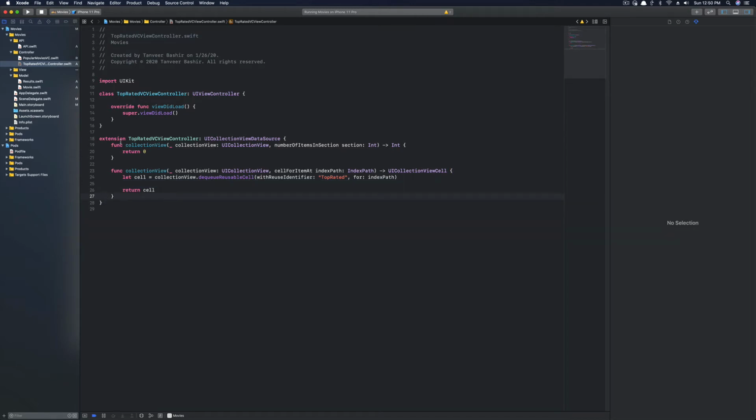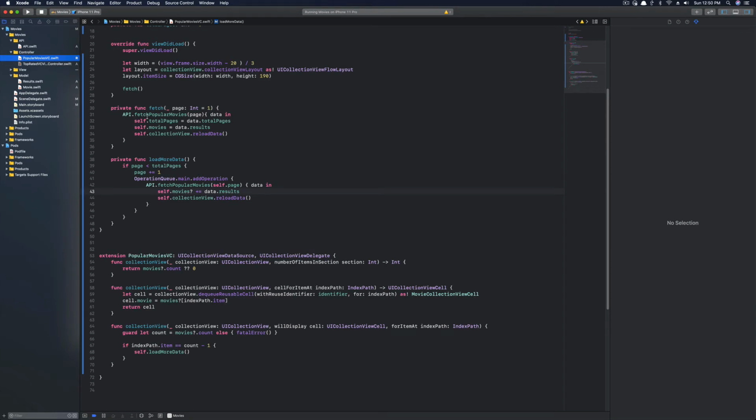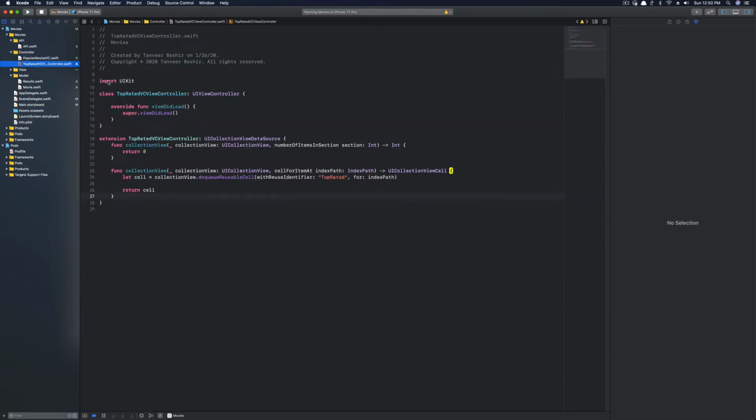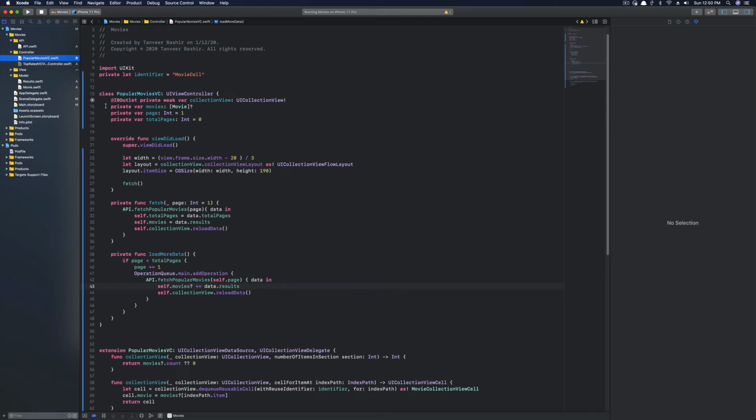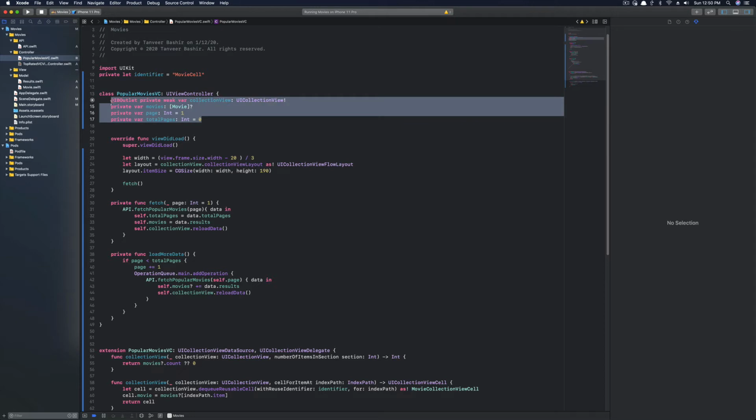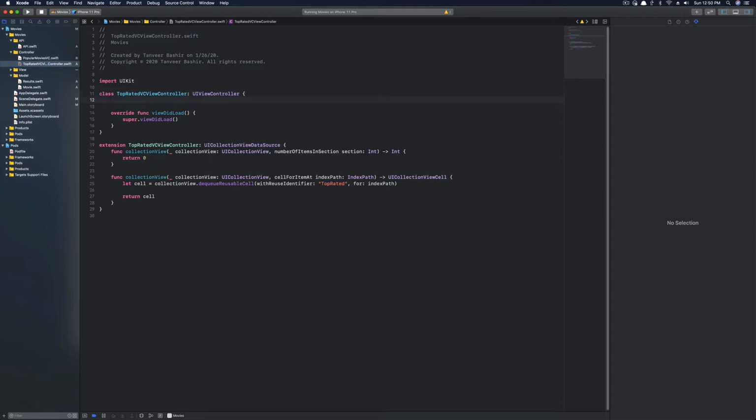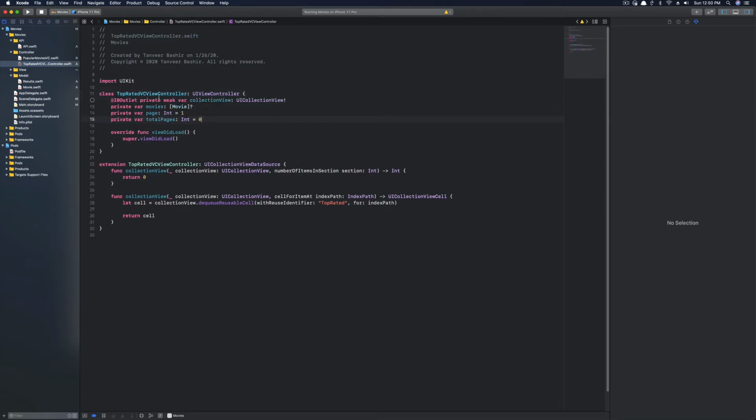Now, basically we can pretty much copy most of the stuff from here because it's kind of a duplicate, but that's a separate viewController, so it needs its own separate variables. So we're going to need collection view, we're going to need movies, page, and total pages. So I'm going to just copy these, okay? Command C, go back here, and then paste. So if I go to my storyboard